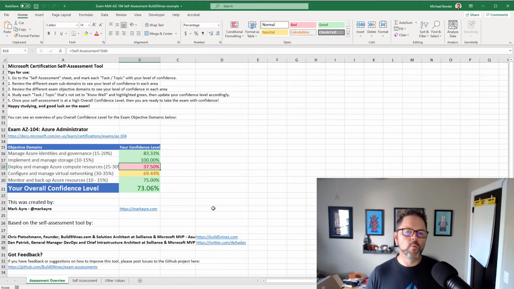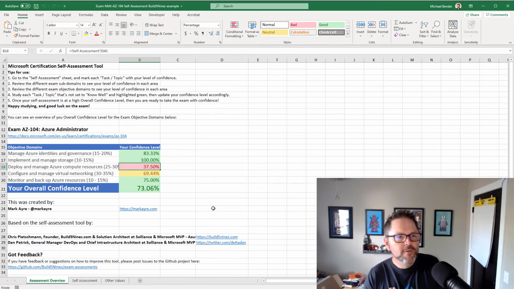One of the key things that I want to make sure that you are really doing as we go through this is, I know it's a catchphrase, working smarter and not harder. We all have limited time, between our jobs and our families, our friends, all of the things that we have pulling at us. Studying for something like this is a big lift. It's a big ask of ourselves. It's super important for ourselves, both for our mental health, for our learning, for our careers, all of those sorts of things. But it does require that it takes time away from other things. So we want to make sure we're super focused.